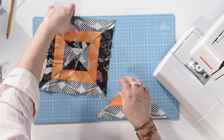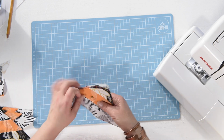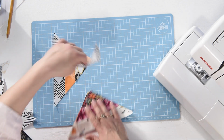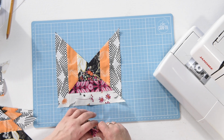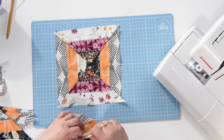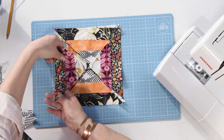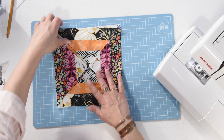Or we will use these ones here. So we have a pale box around the outside and a dark one in the middle, or a dark box around the outside and a pale one in the middle. And we just sew them together